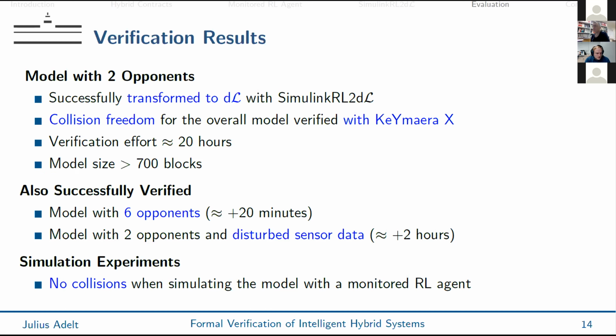We also successfully verified a model with 6 opponents in about 20 more minutes, which was mostly possible due to reusing already existing contracts for the opponents. And we also were able to verify a model with 2 opponents and disturbed sensor data. And then we also showed in simulation experiments that no collisions occur when simulating the model with a monitored agent.